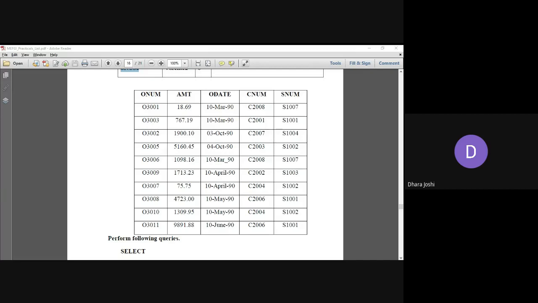Rest of the students, if you are facing any kind of query while implementing this, reply in the chat box, write your queries, and then we'll try to solve it.